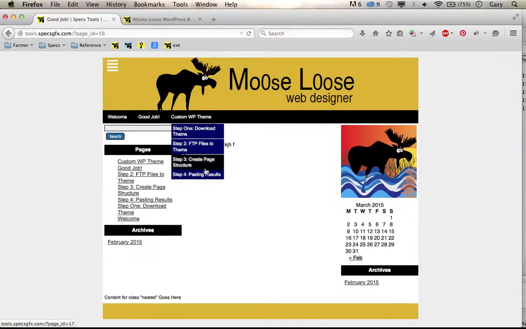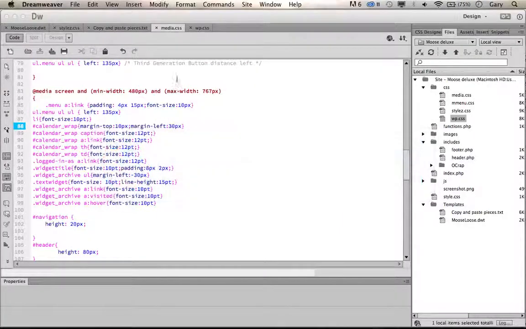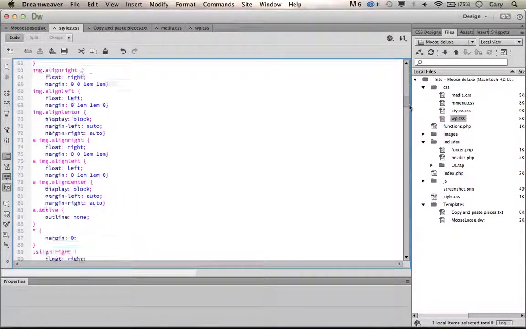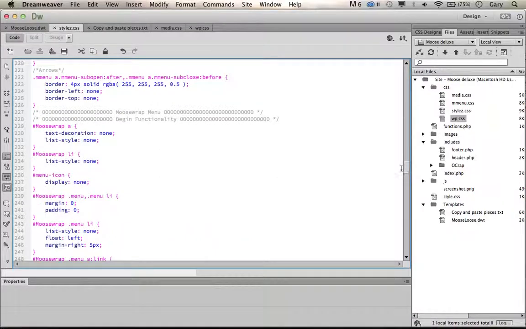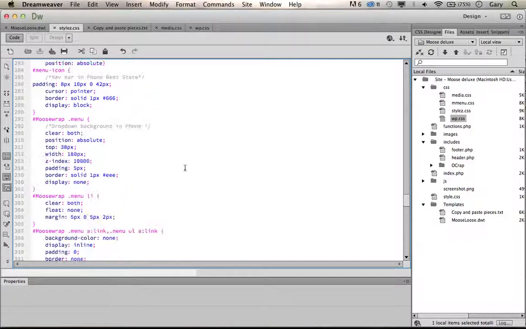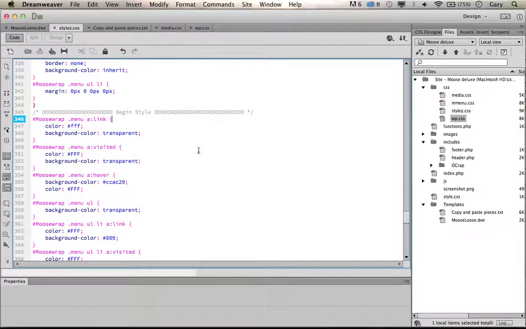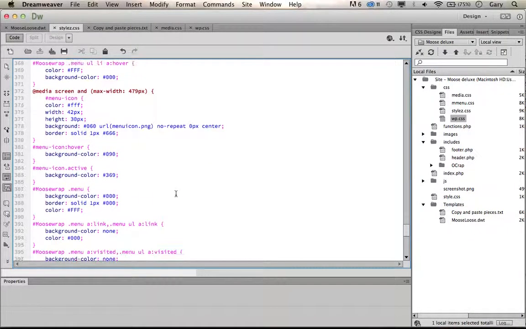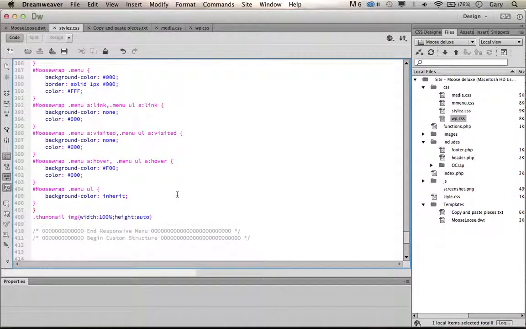We could probably go and change the colors of the drop down here. Let's change these to that yellow and black. Remember that's a general color, so the general colors go in styles. We'll go down to the moose wrap style, begin style. Now the ULs are generally the drop downs. So where we look for